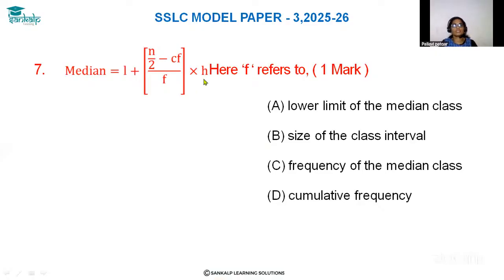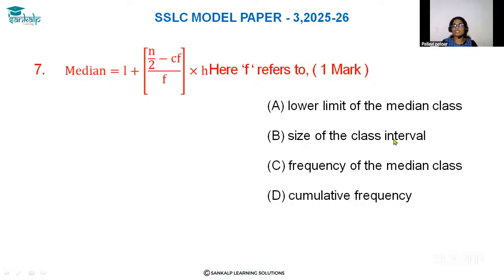Hello, everyone. Look at question number 7. Median is equal to L plus (N by 2 minus CF) divided by F, into H. Here, F refers to, look at the answer: A, lower limit of the median class. B, size of the class interval. C, frequency of the median class. D, cumulative frequency. So here, lower limit of the median class